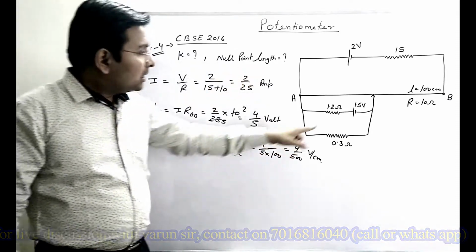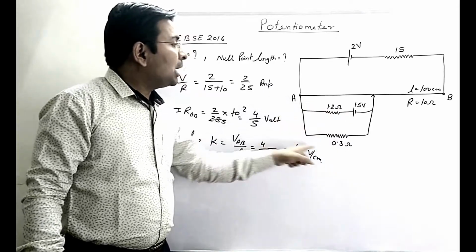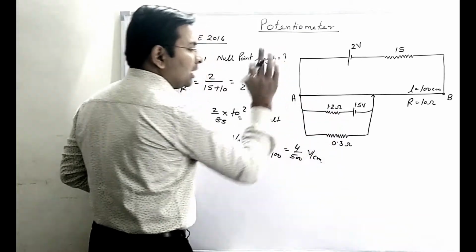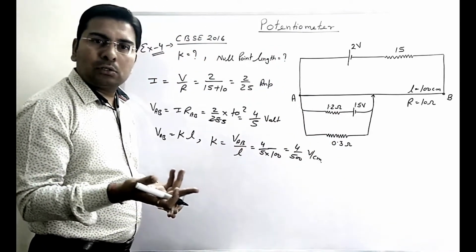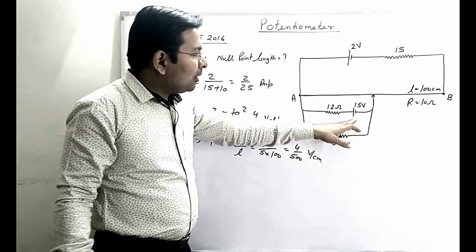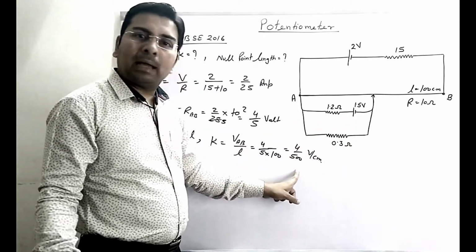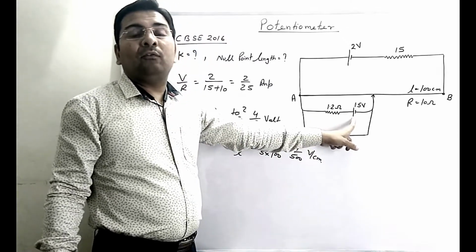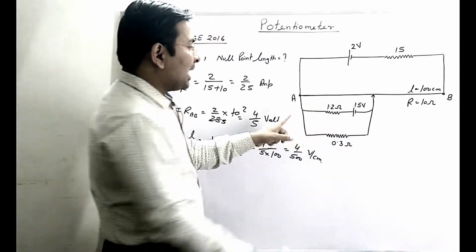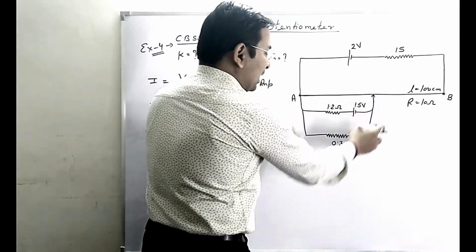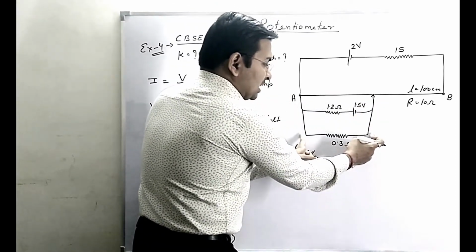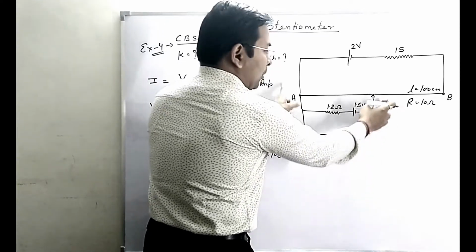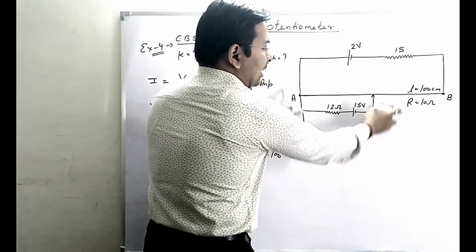नल पॉइंट लेंथ. देखिएगा यहां सिंपल नल पॉइंट लेंथ आप कैलकुलेट नहीं कर सकते. रीजन, अगर ये रेजिस्टेंस नहीं होते यहां पर, then we will simply use E equals KL. ठीक है, E की वैल्यू 1.5 वोल्ट लगाते, K आपको पता है, हम L कैलकुलेट कर लेते. But here the complete EMF 1.5 volt is not applied across these two terminals. तो पहला हमें निकालना है, meaning the potential across 0.3 ohm will be applied here, because आप ऑब्जर्व कर रहे हैं दोनों किस में आ गए, ये पैरेलल कॉम्बिनेशन में.